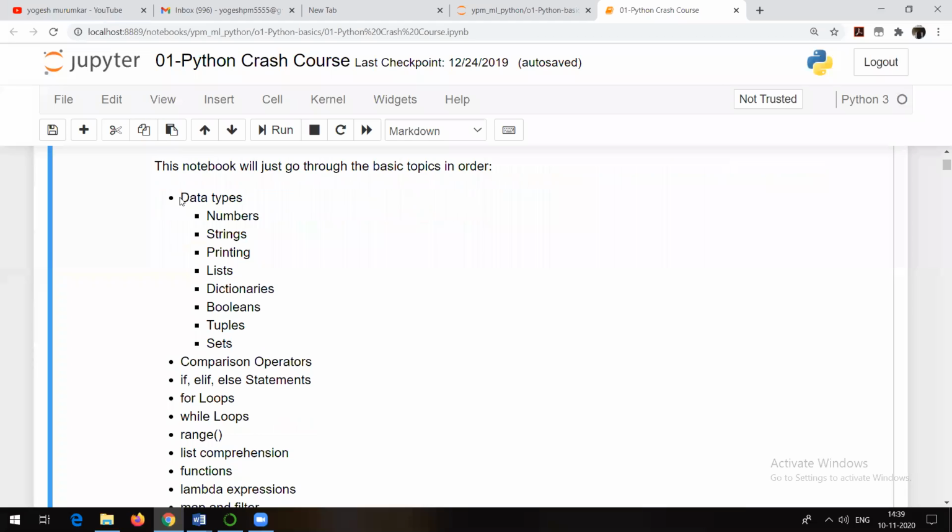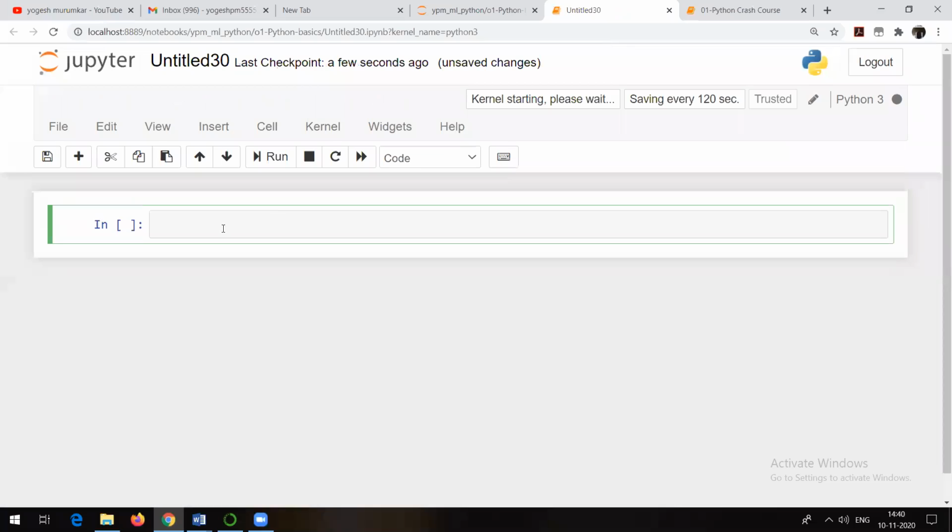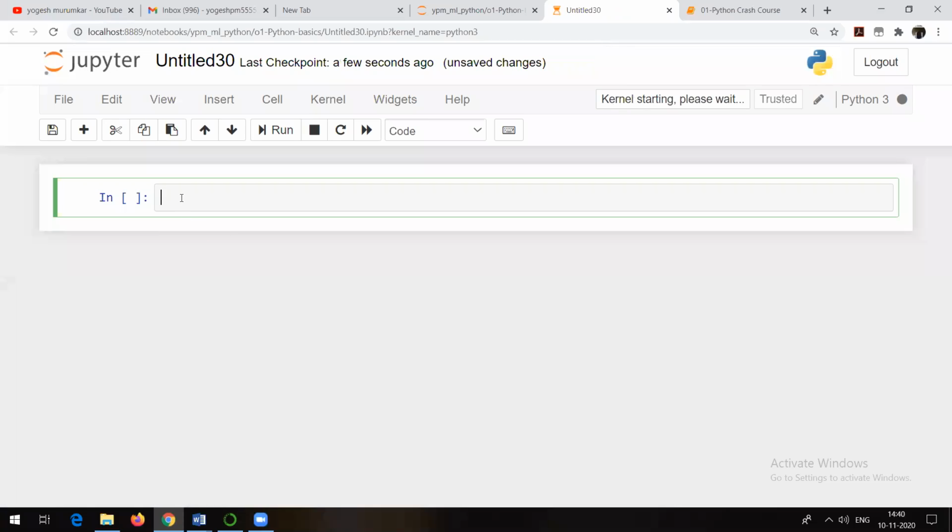Let's start with data types. There are different data types available in Python, right? Like numbers, strings, lists, dictionaries, booleans, tuples. Lists and dictionaries are actually data structures. So let's start with the data types. Let me open a new notebook here. In my case, I am using the Python 3 version, right? So there are different data types. Now, whatever I am showing you here,